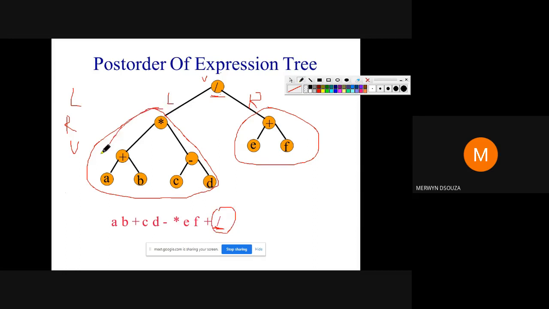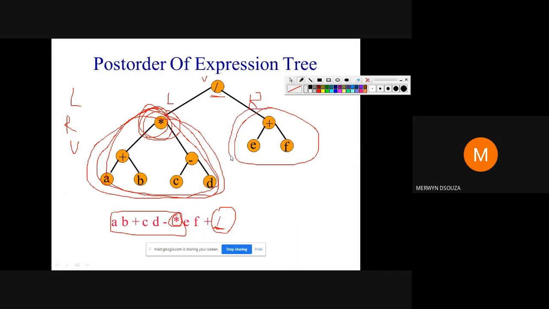When you take any subtree like that, if you take this one by itself and solve, this answer will come last. Okay, you can see here, this is that subtree. So this is that last node. This is the right subtree. And you can see the root node of that subtree comes at the end. Okay. So this was the left subtree and this was the right subtree with respect to the original root node. Okay. So this is just one observation for you all.